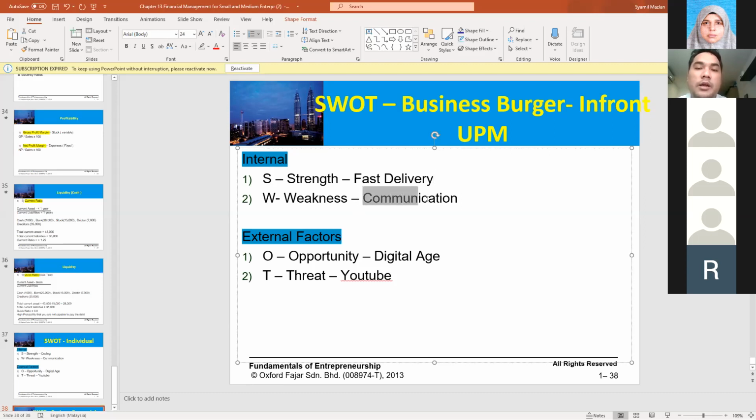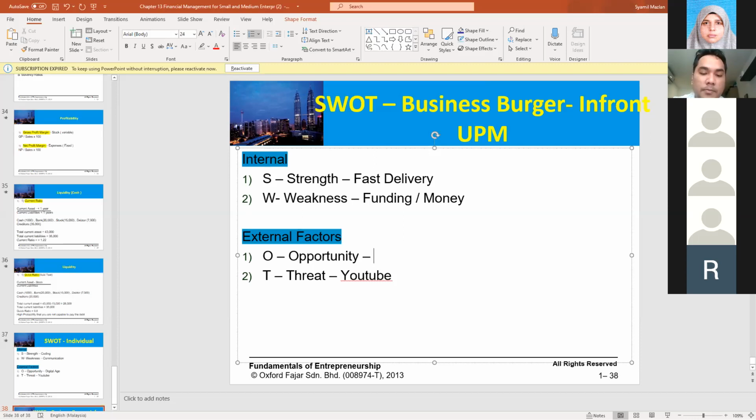So what is Aiman's problem on the internal side of the business? The funding part. Because Aiman just graduated from UPM, Aiman doesn't have funds to expand the business, so they just roll on a daily basis. That is the weakness side. I repeat, the S and W are from your internal side, and then the external factors, maybe for the opportunity,